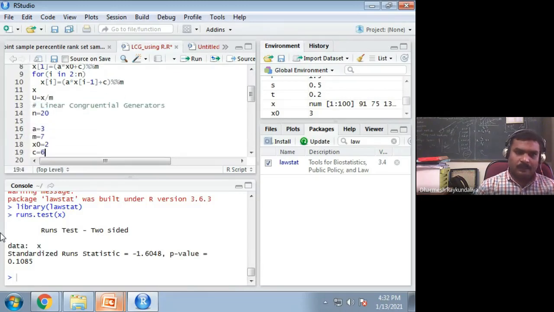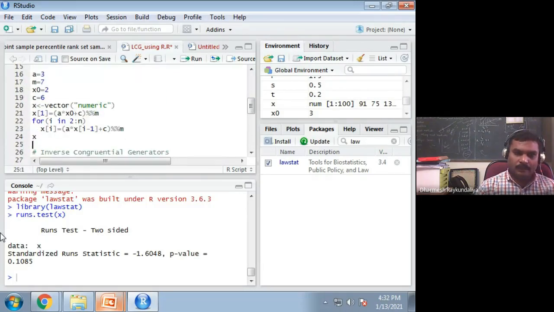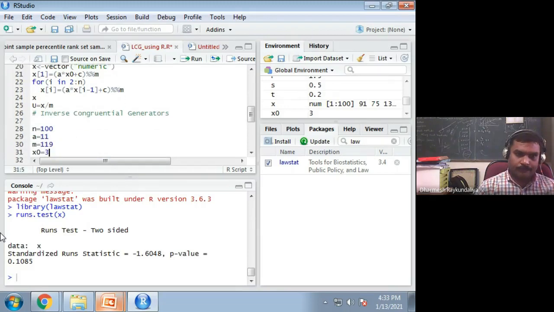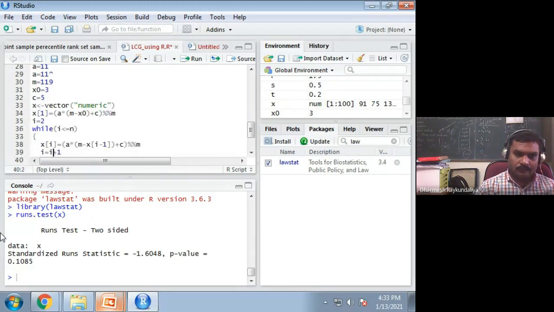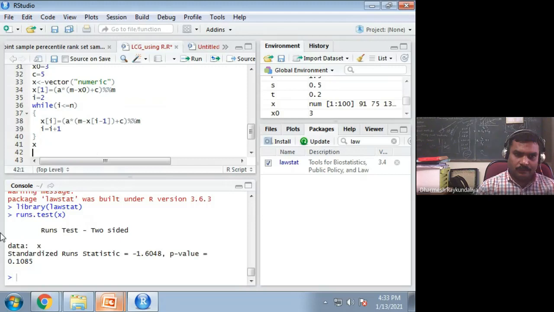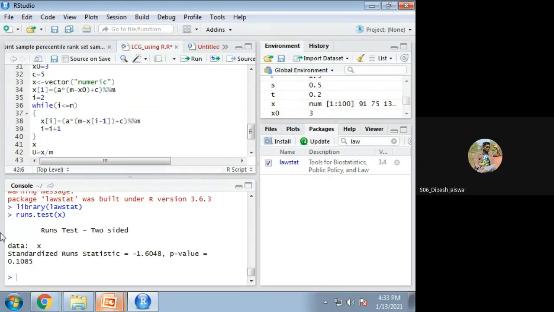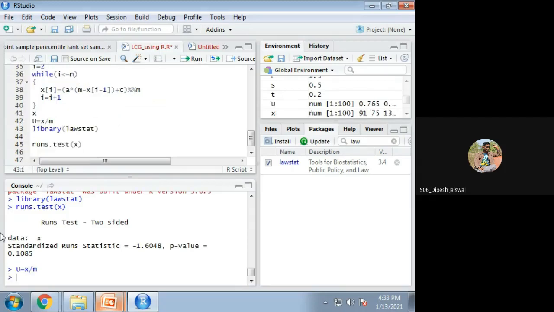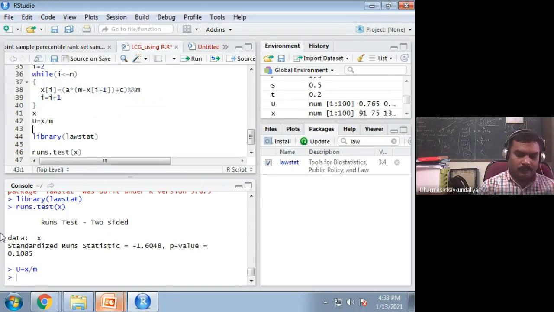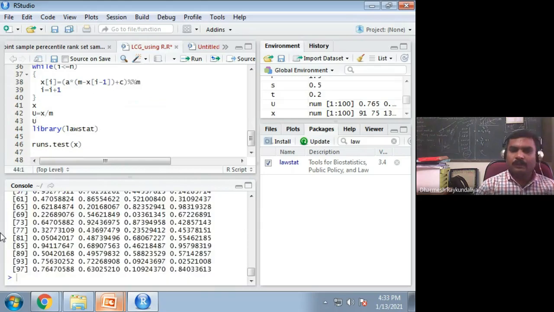Ultimately we are generating random numbers, but we are looking for random numbers from a uniform distribution. So the third step is u equal to x by m. This is how your random numbers from the uniform distribution are generated.